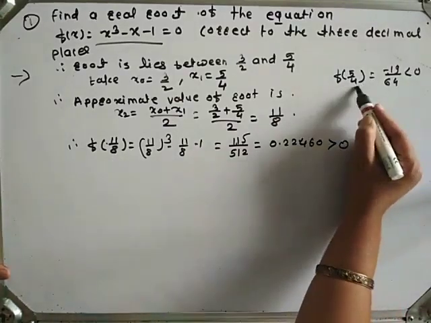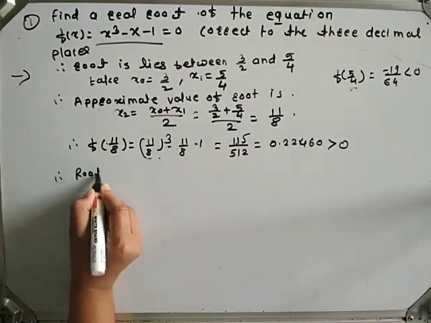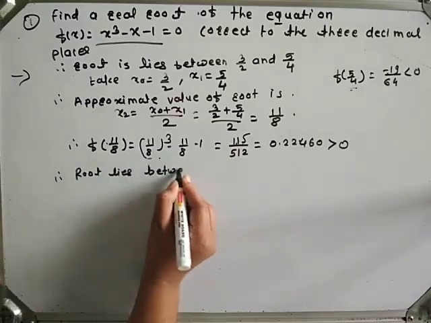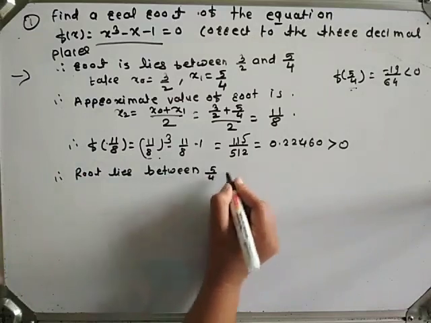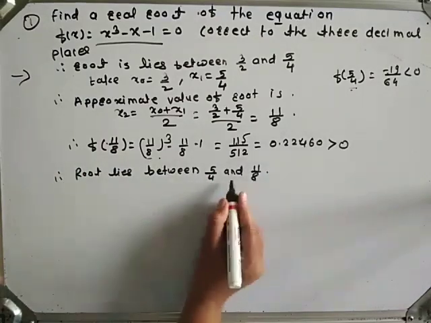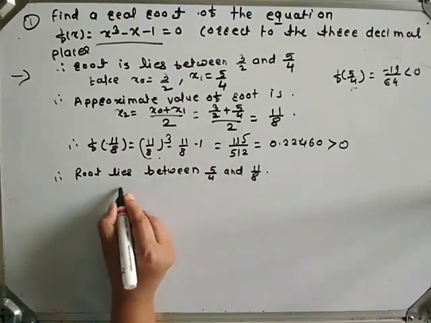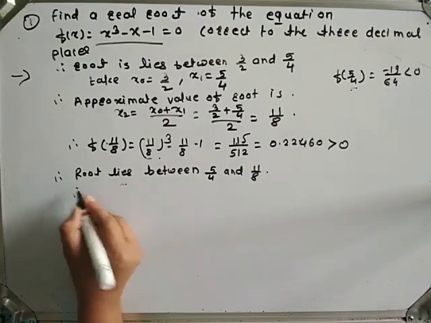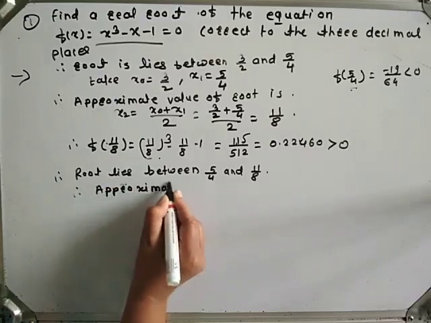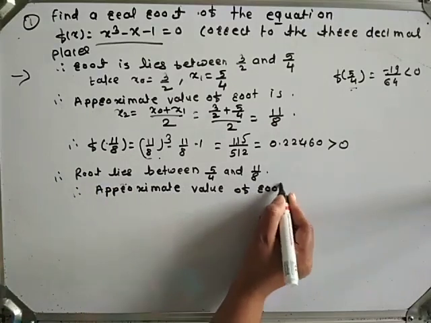Therefore the root lies between 5/4 and 11/8. Take x0 is equal to 5/4 and x1 is equal to 11/8. Therefore the approximate value of the root is